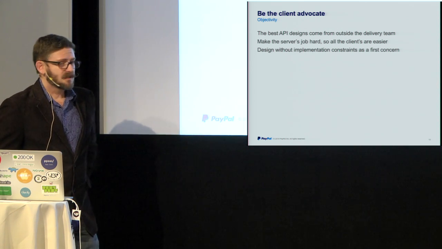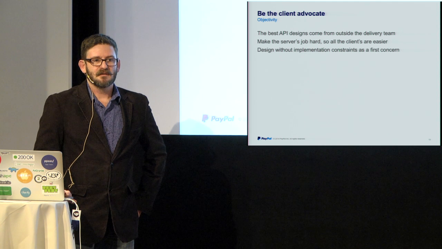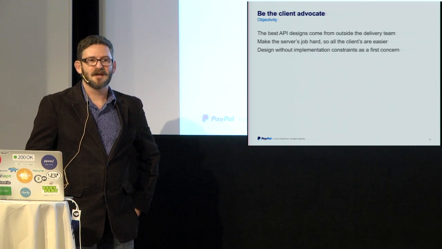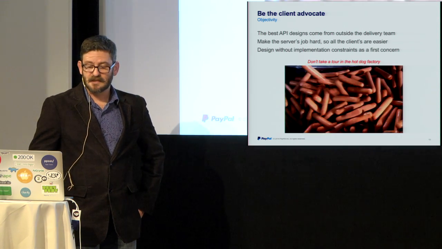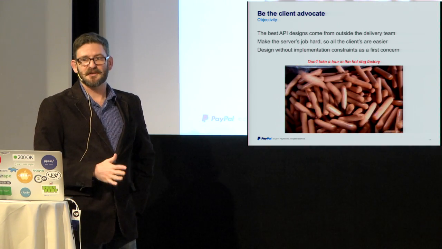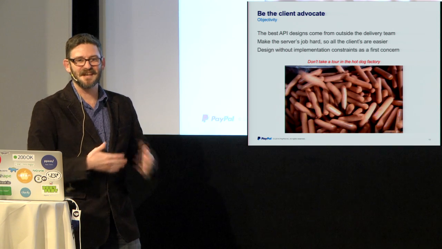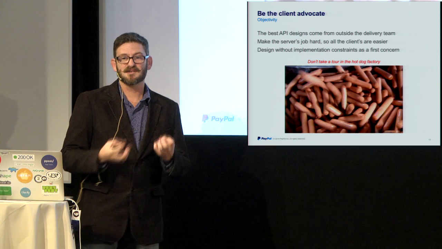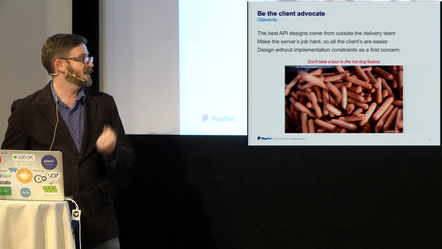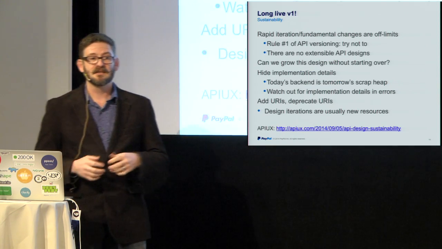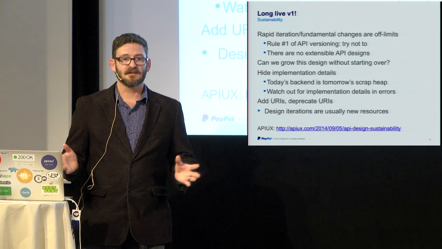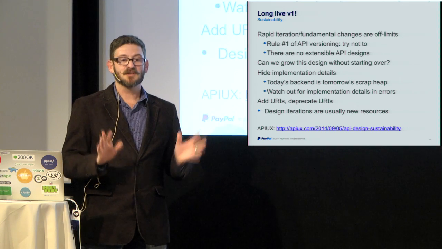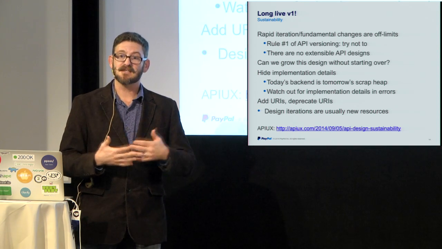So what I like to say, and anybody that works with me knows the phrase, and now they say it to me when they're about to bring something up about implementation details, is let's not take a tour in the hot dog factory, people, right? When we're designing APIs, you're not allowed to tell me how you're going to build it. I don't really want to know unless there's some horrible constraint that you just can't change right now and we have to release. Otherwise, nobody wants to see how hot dogs are made, right? I don't want to know how your API gets built. I just want to know what the interface looks like, and that's how we're going to discuss it.